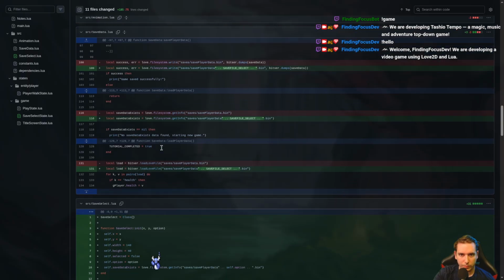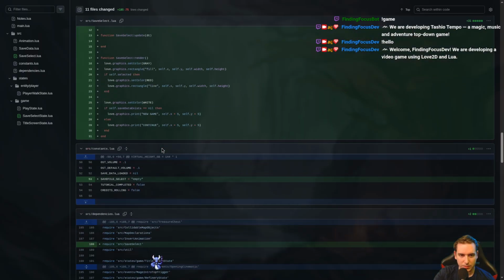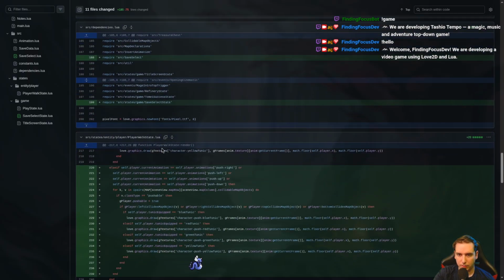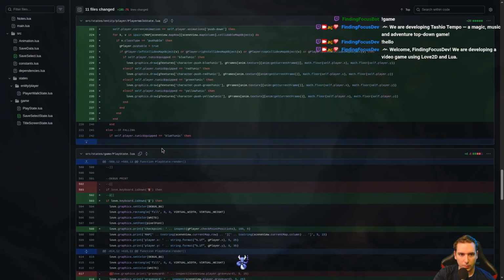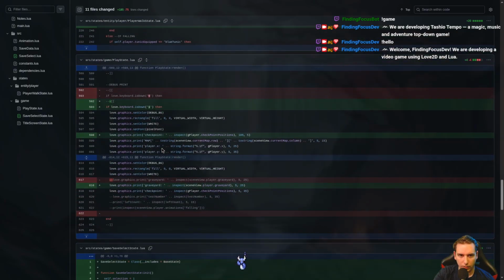We have our new bitser for the save data select. We have a save select object. We have a save select global. This is okay.